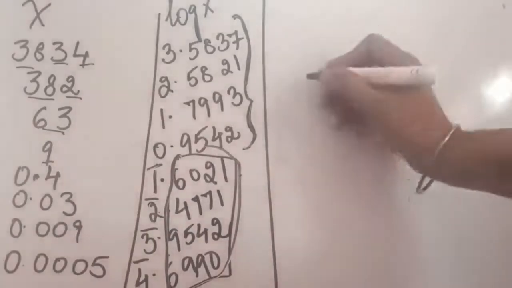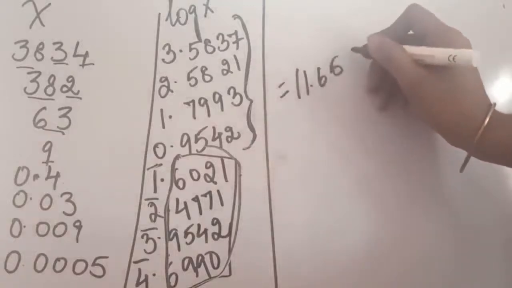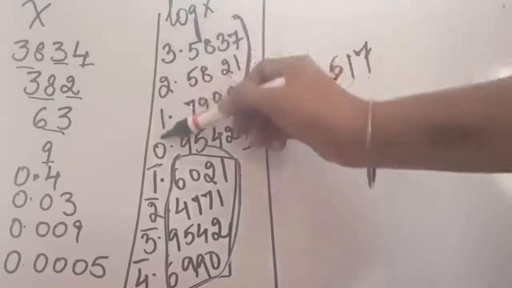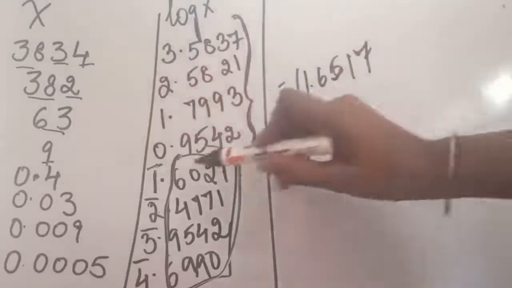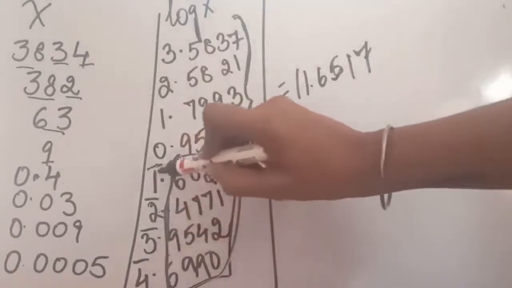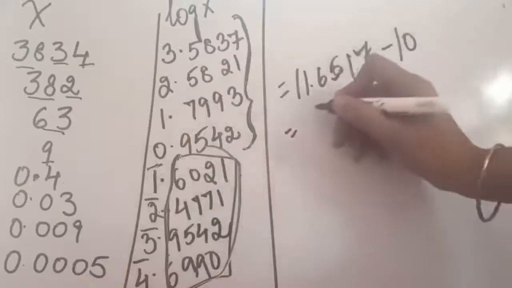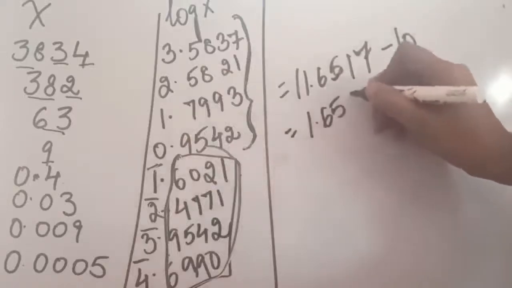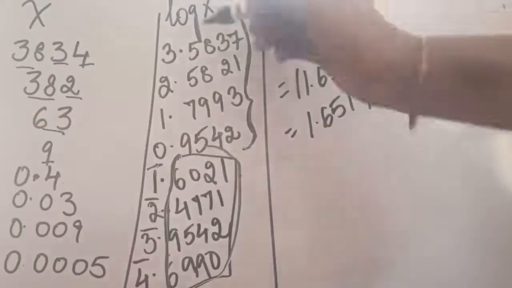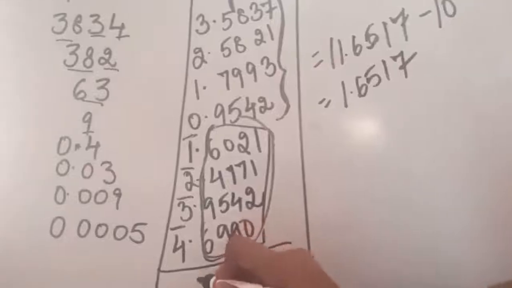So after adding these values, you will get 11.6517. So this will be the value that we will get. Now these are the positives that we have already added. These are left now. 4 plus 3 is 7, plus 2 is 9, plus 1 is 10. So this value is negative, minus 10. So when we solve it, it is 1.6517. So it means now sigma log x that we have calculated is